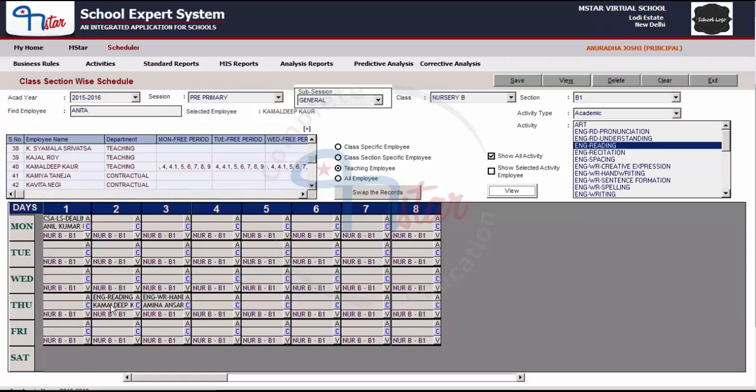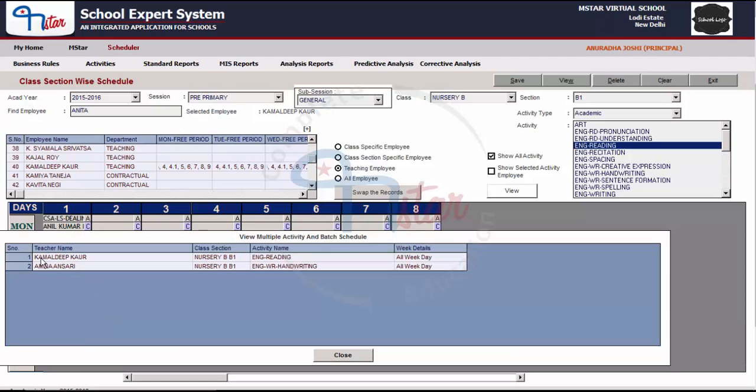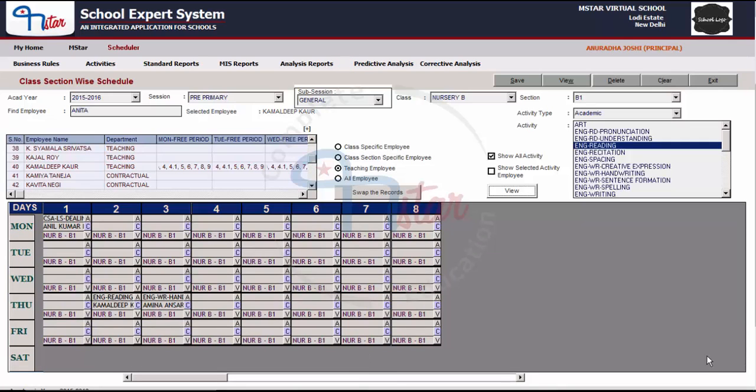You can click on the cell of the grid and it will show the multiple activity or the batch schedule done for the class section. So it is showing us the two teachers are being allocated in the class section. Click on the close button to close this window.